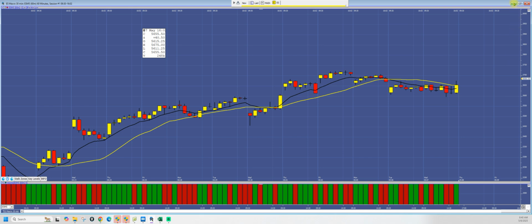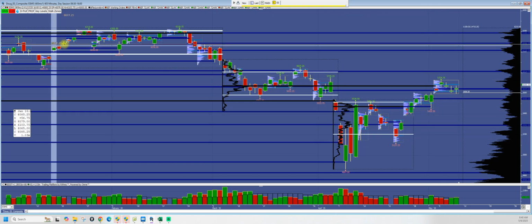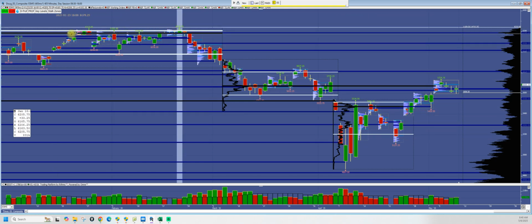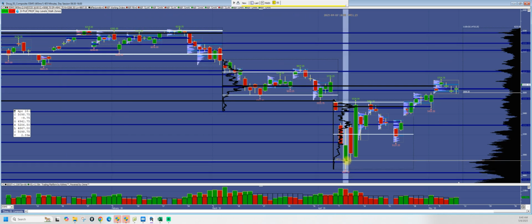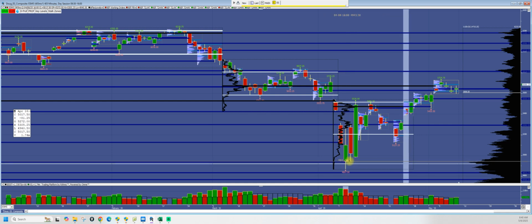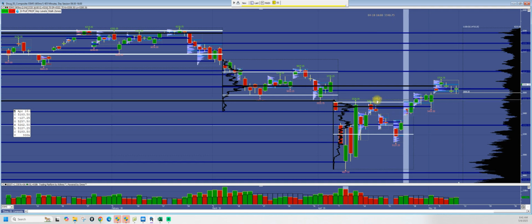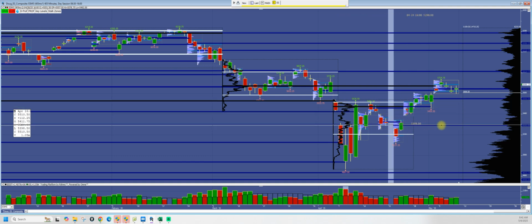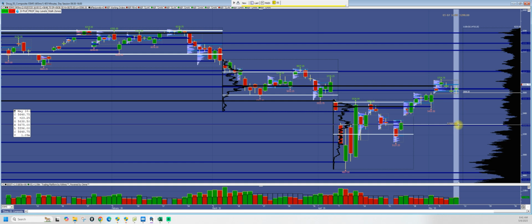So let's take a look at the macro. Right now we've fallen off of the all-time highs. This is a weak all-time high. Rotated us down, went down to that 48 area, found buyers, chopped in this area, created accepted price in here at the